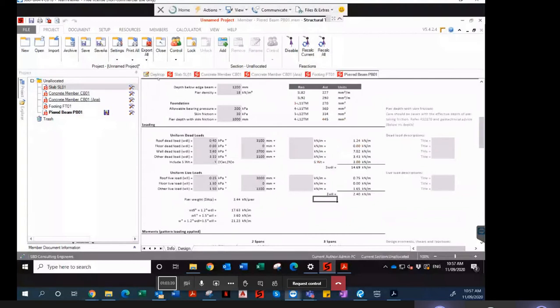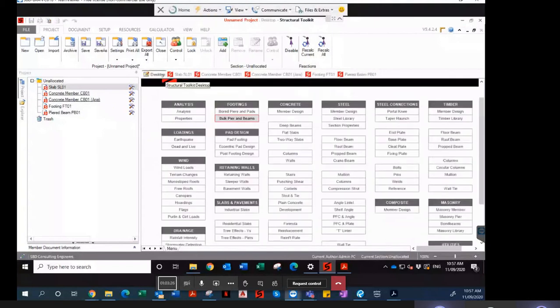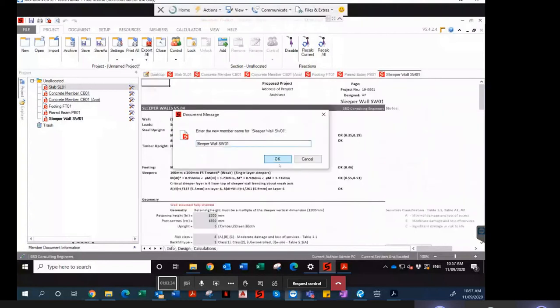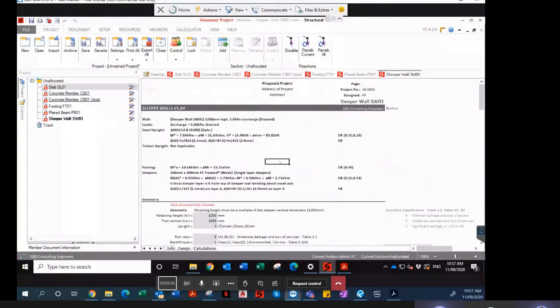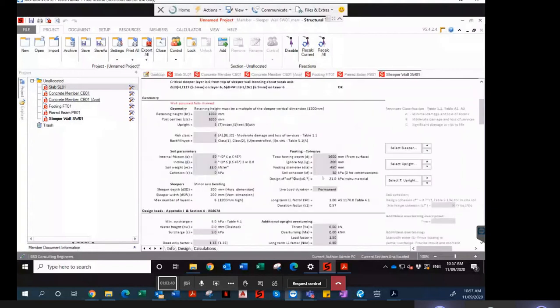And so just to go through, because you guys may not have used it, we should start to use this more often. If we design our sleeper walls, I think we should start to look at these ones here too. It's pretty similar to what we do, and what we should do is design different cases of sleeper retaining walls using structural toolkit